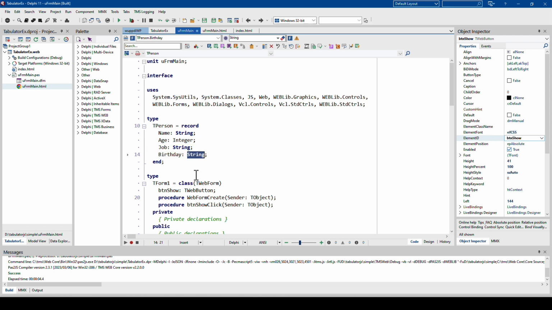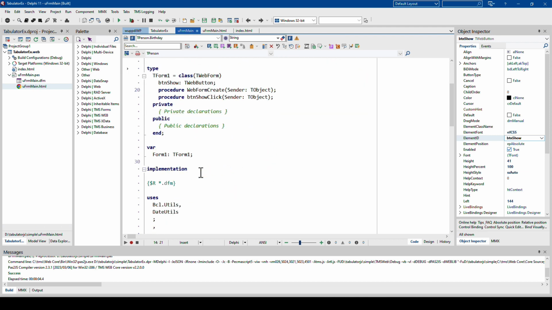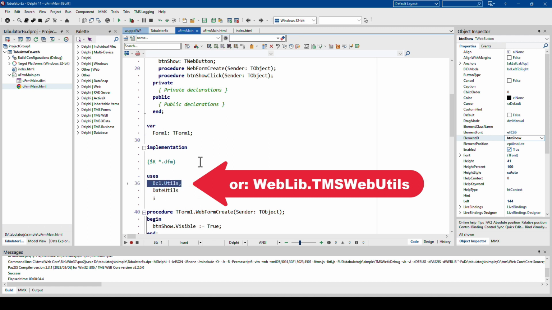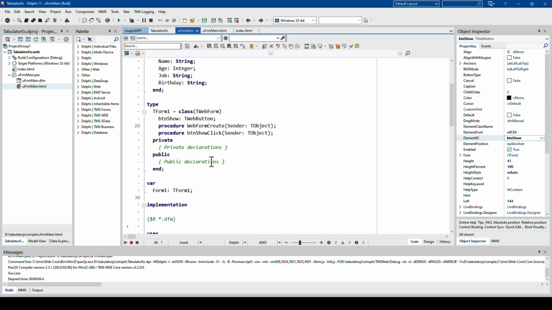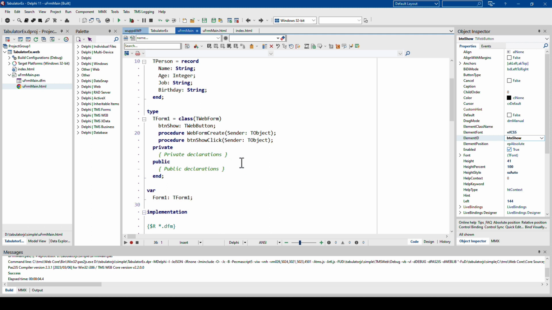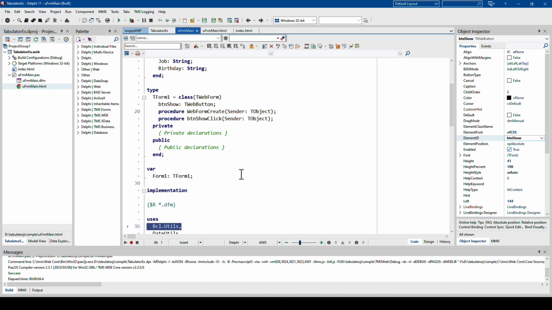And birthday as a string, you might be like, Holger, why did you use string and not TDateTime? Well, that is something I already do to prepare for the grid. I'm going to use an ISO date string, which is common on the web. So instead of using the double value that Delphi uses, I immediately use the ISO value. And in order to generate that, I'm going to use the business library from TMS that has a conversion mechanism that I can use to convert a TDateTime or a TDate to an ISO string that represents that date automatically without implementing it myself.